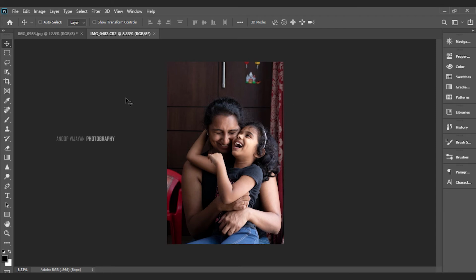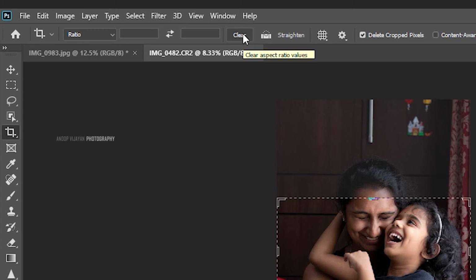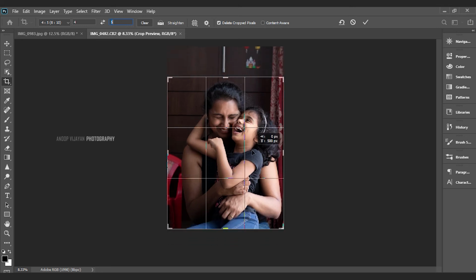The first thing, changing the aspect ratio. So for that, I'm coming over here in the crop tool, and I'm changing the aspect ratio to 4:5. And now you can see the image got cropped, ready to crop, and I'm just selecting the crop tool perfectly. Okay, and press the enter button on your keyboard.